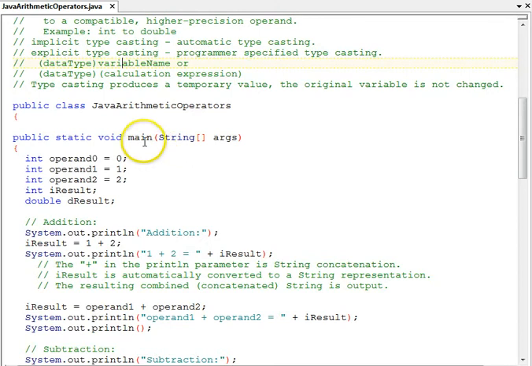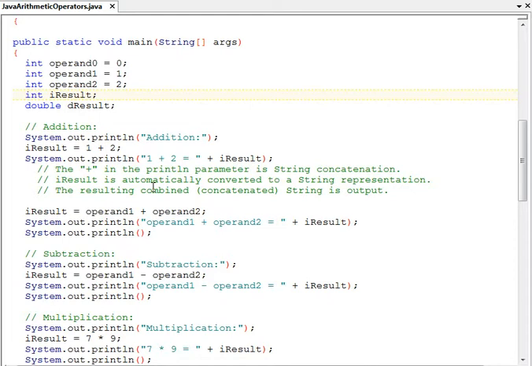In the program here, we have one method, the main method. The class is called Java Arithmetic Operators. We set up some ints to be used in the calculations. Operand 0 is a 0, operand 1 is a 1, operand 2 is a 2. We have two different results: an integer result, iResult, and a double result, dResult. First, addition,